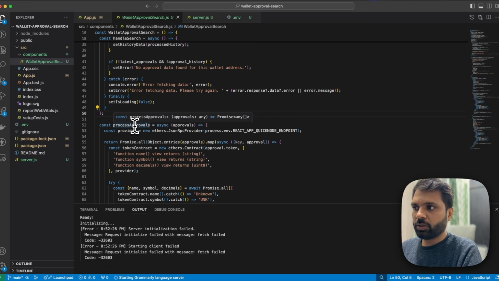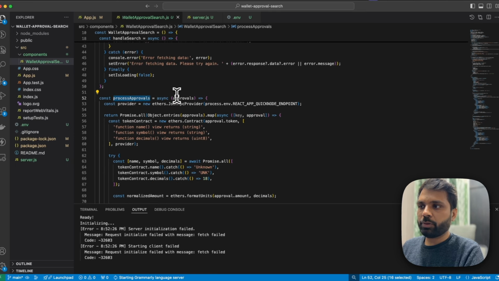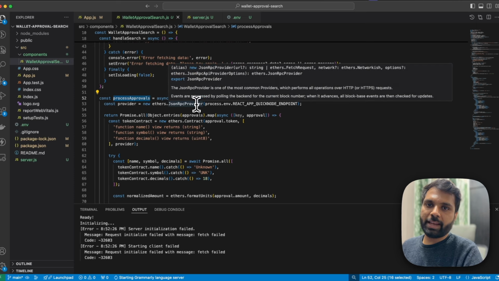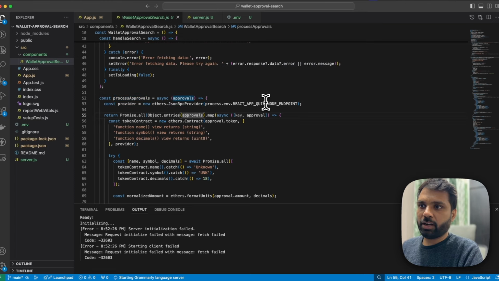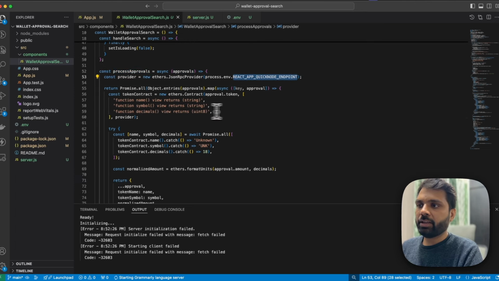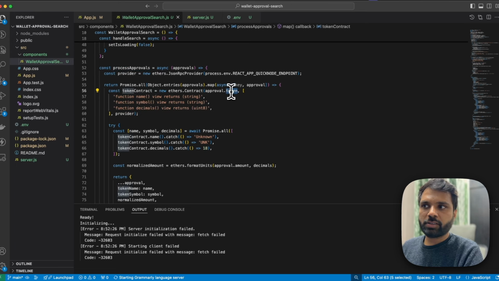Then we have another function called process approvals, which will process the approvals and get the name, symbol, and decimals for that particular token contract. And we will be using our QuickNode endpoint over here. We have the ABI for those three functions for name, symbol, and decimals. We are getting the token contract address for the approvals data, and then making a call to the contract, getting the name, getting the symbol, decimals, and if any error occurs, we are catching that, and we also have some